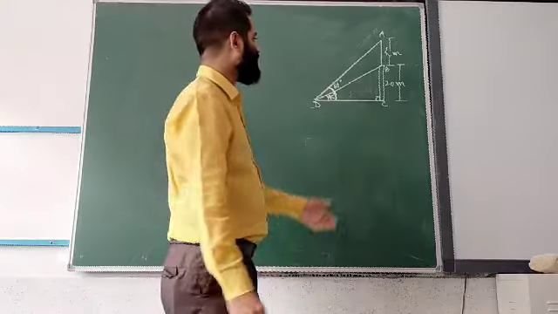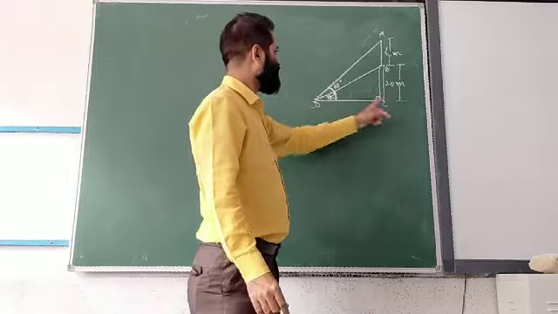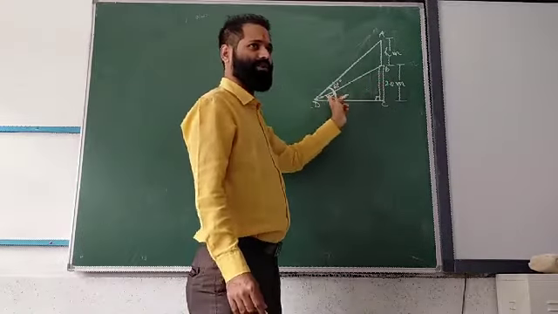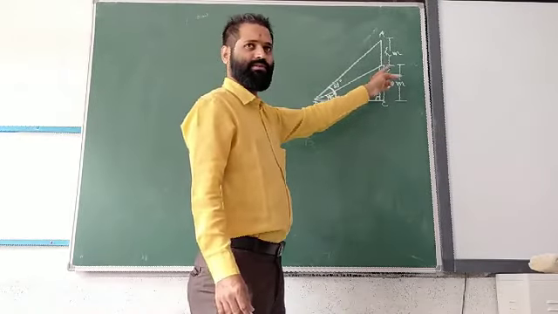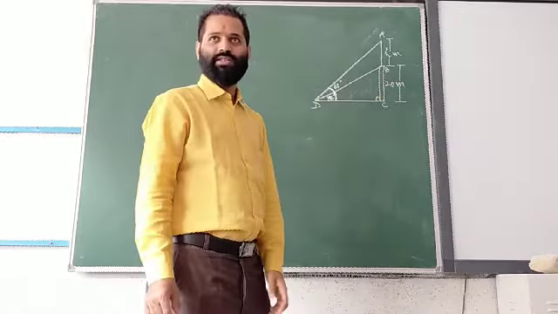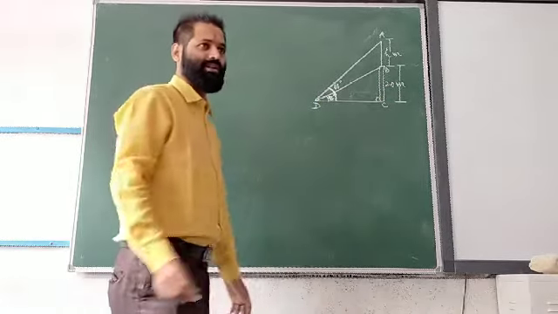Yes, because it is an isosceles triangle. Just see, this is an isosceles triangle. This angle is 45, so this will be 45. So this is 20, so definitely this will be 20. Understood or not? But we can't write it this way directly.